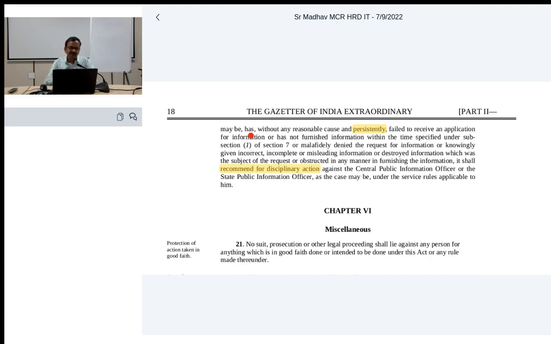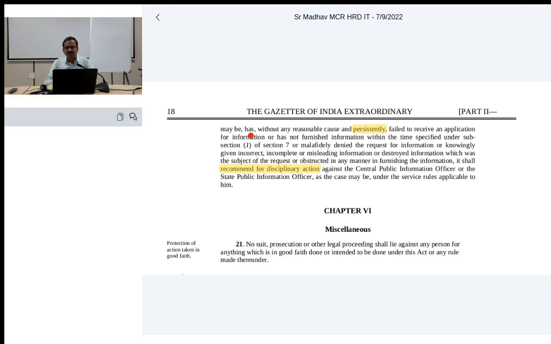So these are the various powers enjoyed by the information commission, and the various remedies available to a citizen for accessing information. There are two remedies: a complaint under section 18.1, a first appeal under 19.1, and a second appeal under 19.3. A third party has the right to file a first appeal under section 19.2, and commissions have various powers here of awarding compensation under section 19.8(b), imposing a penalty under section 20 subsection 1, or recommending disciplinary action under section 20 subsection 2.